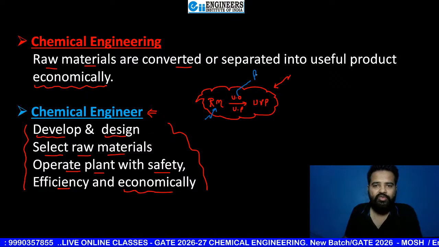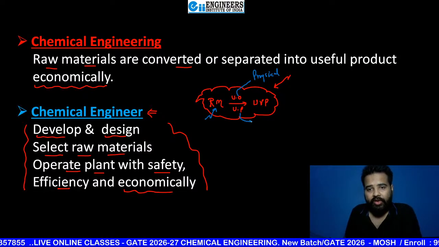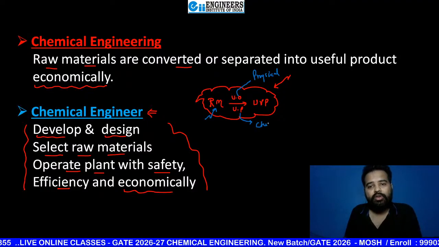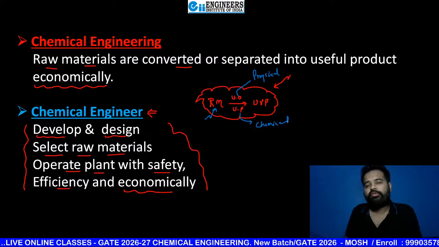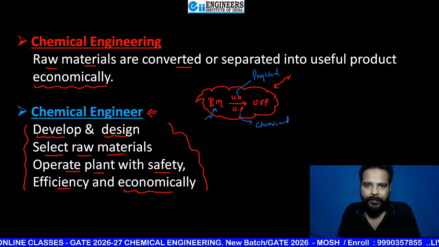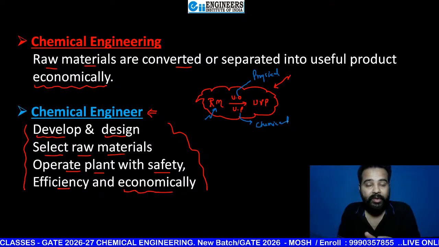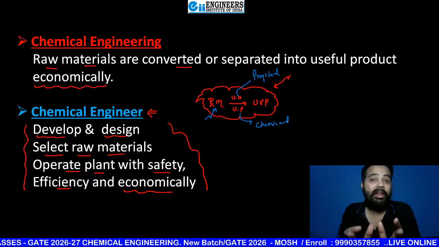Unit operation means just physical changes. Generally, unit process means what? Chemical changes are also there. Physical changes, you can say, like you are going to reduce the size of some solid. Chemical changes, they are going to react, and they are going to lose their previous chemical identity in order to